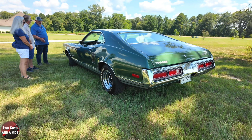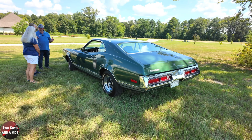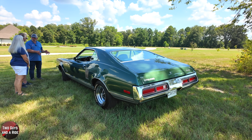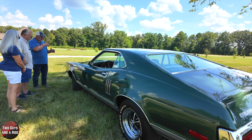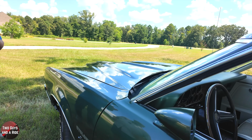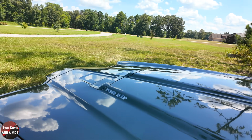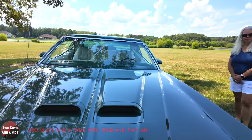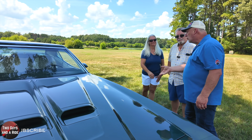Absolutely, and you know what? We appreciate being given the privilege of coming and having you be willing to pull the car out for us, and just giving us a tour of the car so people can at least enjoy it virtually and see that it actually existed. Well, guys, thank you so much, Glenn and Kelly, for once again sharing one of your beautiful